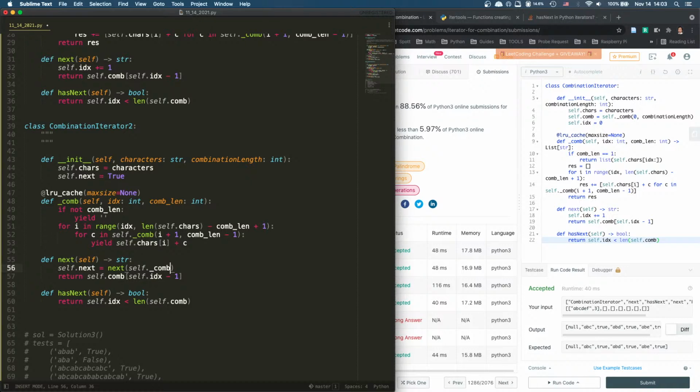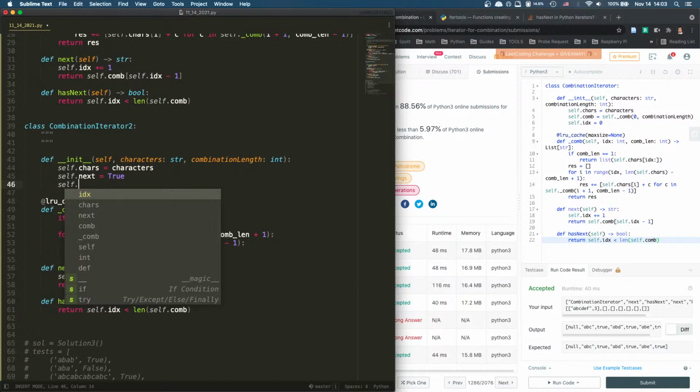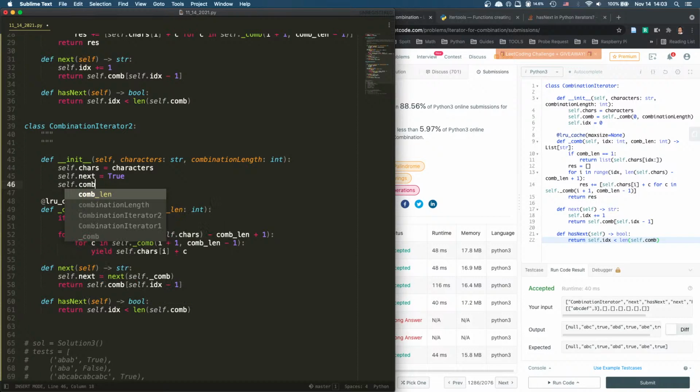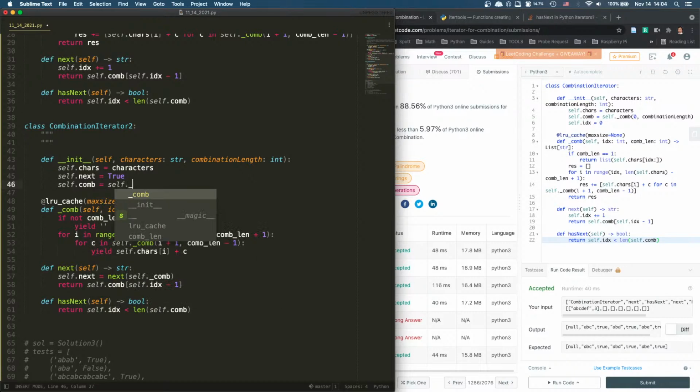Next should be an iterator. So self.com equals self.combination at index 0, and I just call self.combination. This will get me the next value, and then this one will be